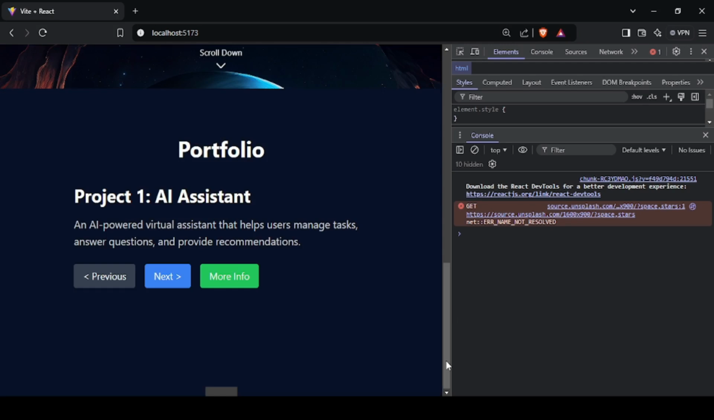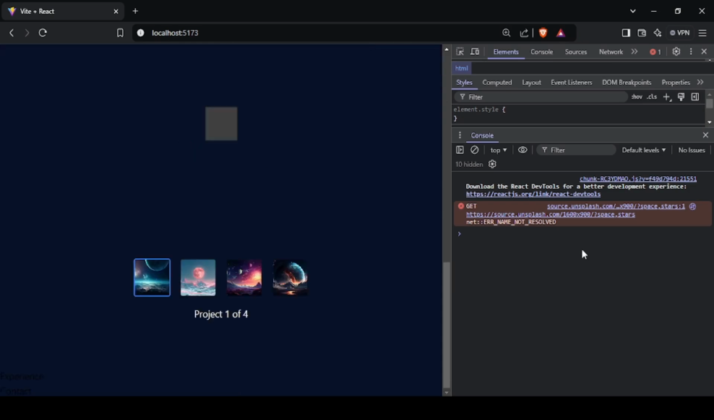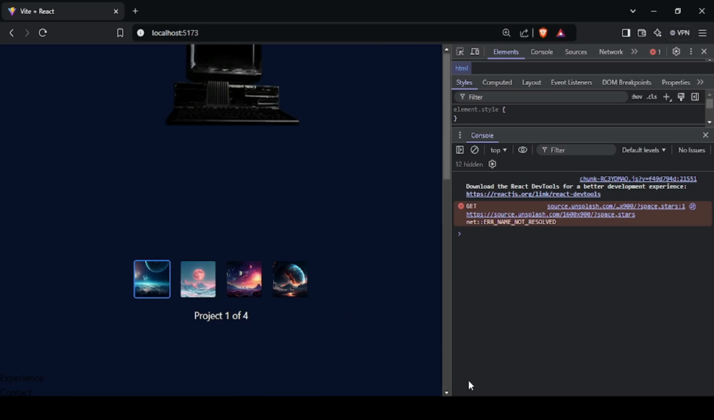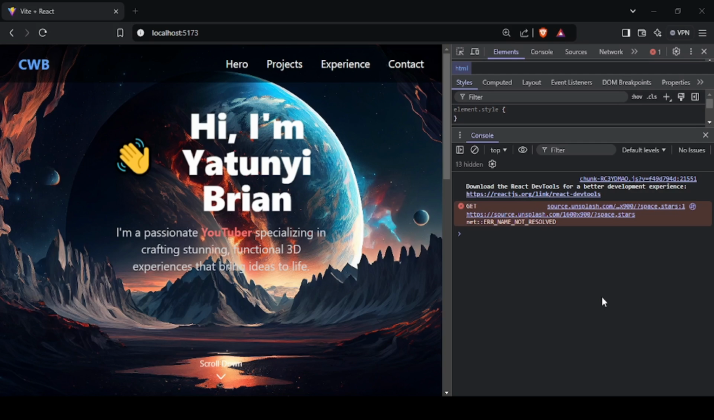So that means the part of this fallback, what it does, do you remember, when you are navigating through the project details, if we are not able to load the model,